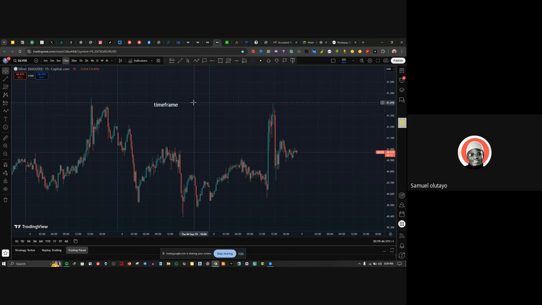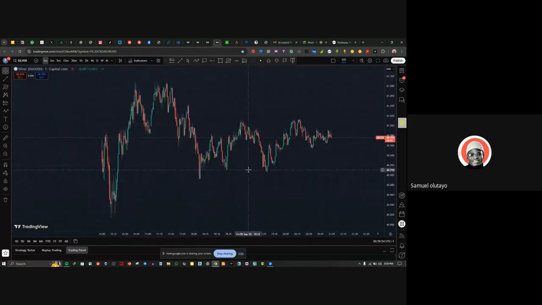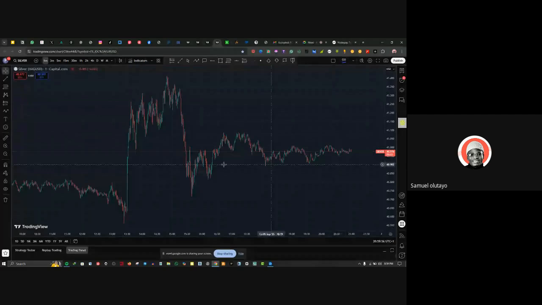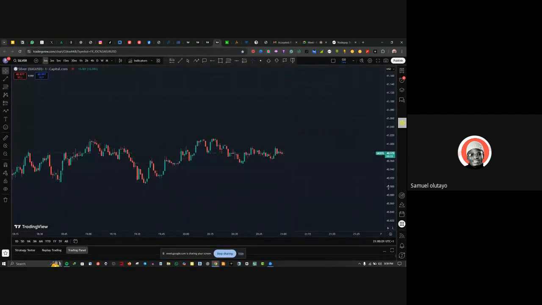Depending on what you want, what you are looking for, that is what this time frame is all about. So if I want to see what market is doing 1 minute, every minute, it's going to be a lot of data, right? It's going to zoom in a lot of data for you. So you can see here that